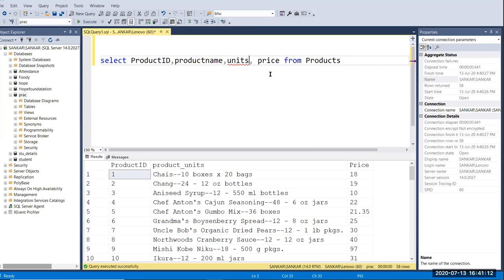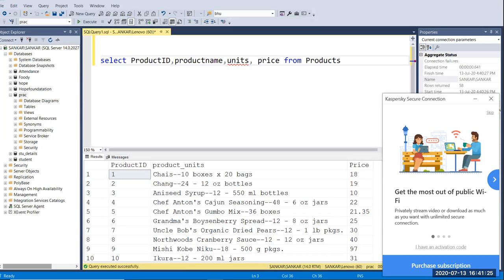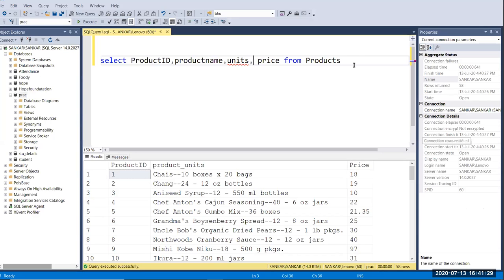The next process is I want to print the price with the concatenation of rs or rupees. So here I'm going to add rs with this price list.